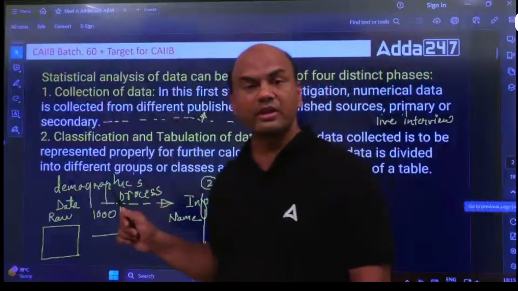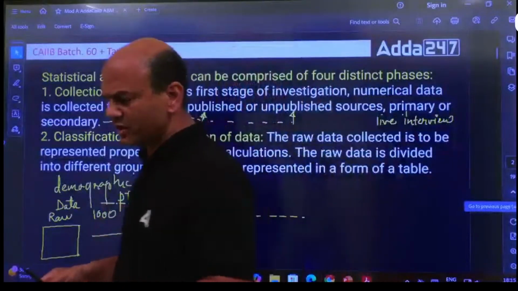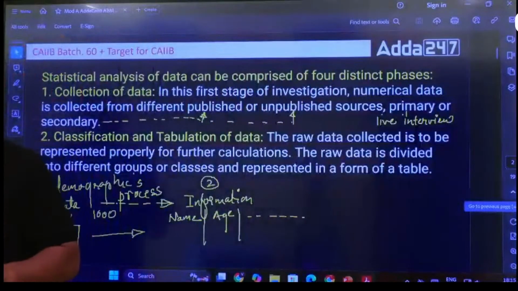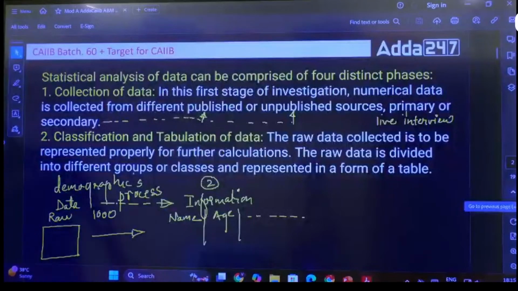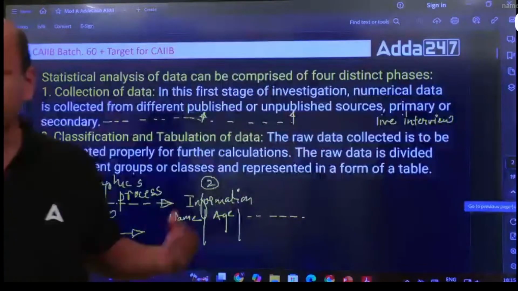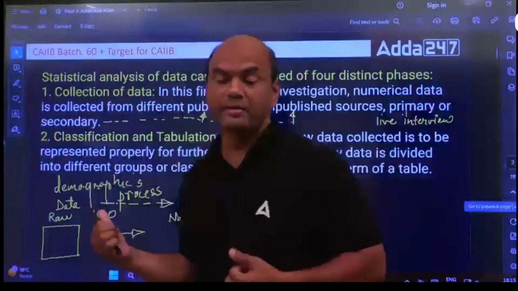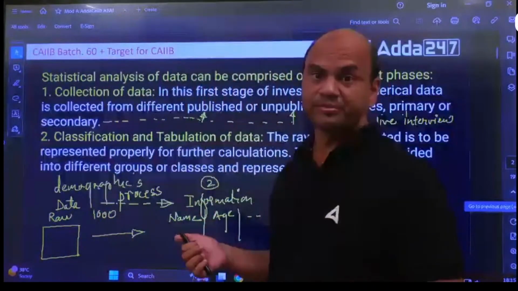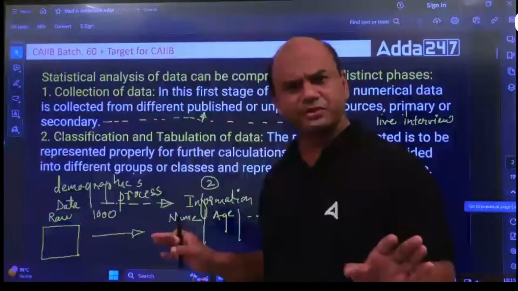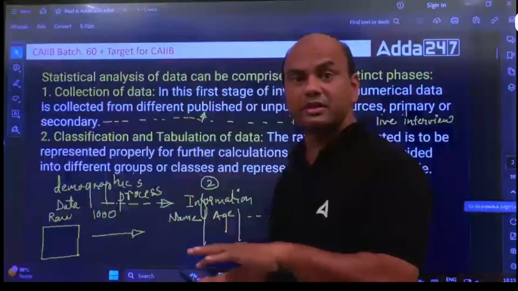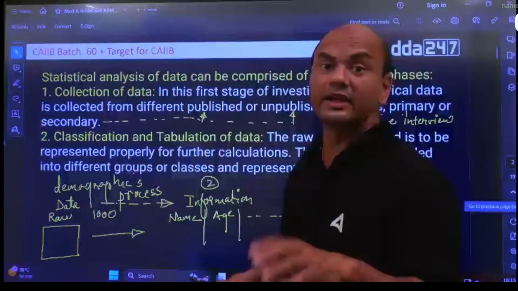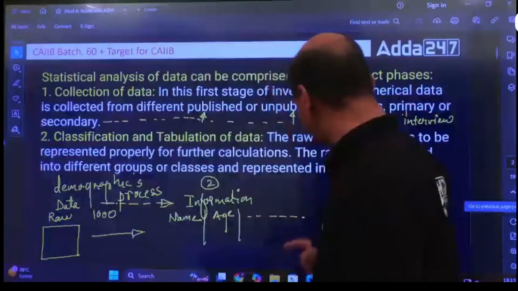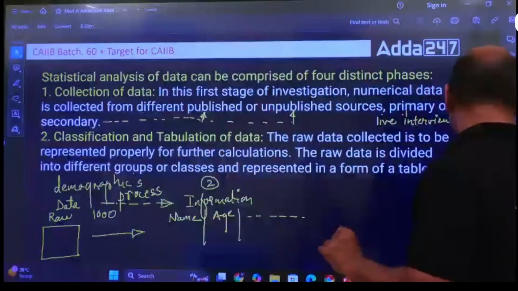So, whenever you have the data, data means raw data. It's of no use to you, to be frank. This raw data is of no use to you unless you convert it to the information. Because that is very much needed. Raw data is of zero use to you. You have to convert it to the table, classify it, and then it becomes the information. Got it? Move on. Next.